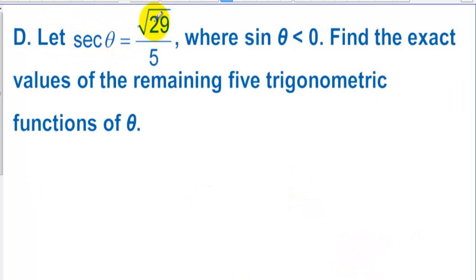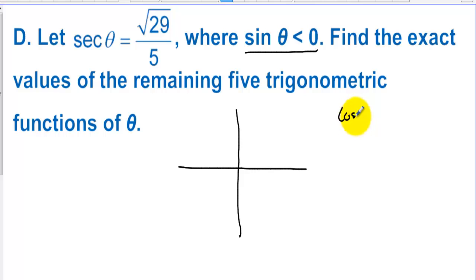Let secant of theta equal √29 over 5, where sine is negative. So we'll keep that in mind. Sine is negative. Find the exact values of the remaining 5 trigonometric functions of theta. Well, sine is going to be negative. So that's sine. It goes cosine of theta, sine of theta. So we know that we're either in quadrant 3 or quadrant 4,